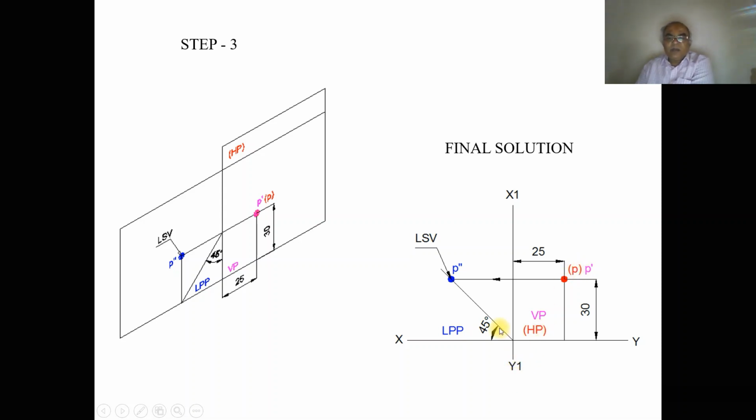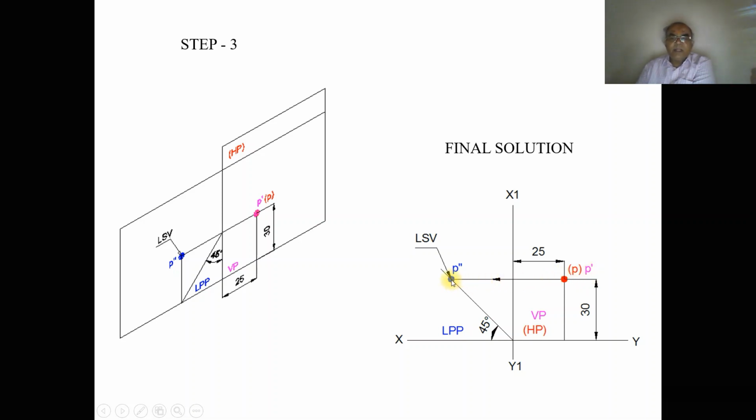Then draw a 45-degree line adjacent to HP and draw a vertical line, project from P dash, draw a horizontal projector to the profile view, and then draw a 45-degree line adjacent to HP. As you project the top view point onto the 45-degree line, automatically the distance behind VP, which is vertical here, is transferred into a horizontal distance, and where you have the front view, on that line you are going to get the side view.